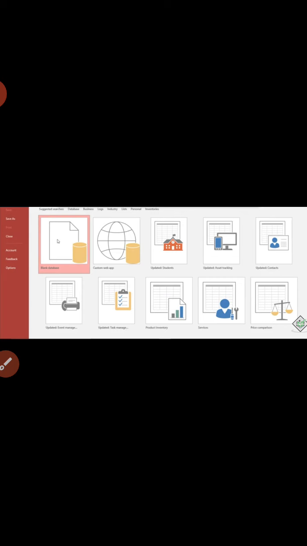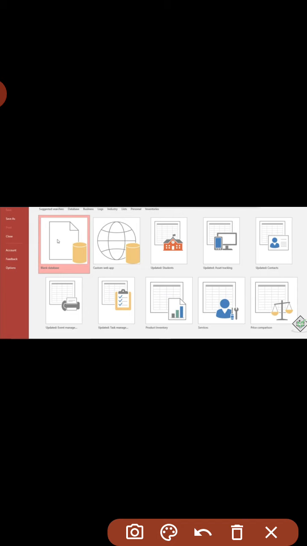After doing this, from the menu bar you have to select the file menu, and after clicking on the file menu you have to select the new option. As you select the new option you get this type of interface which is on the screen.